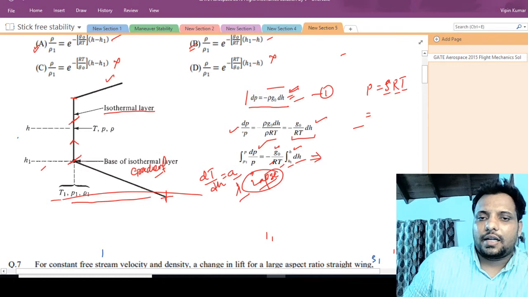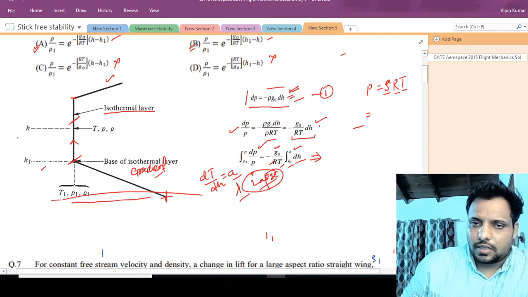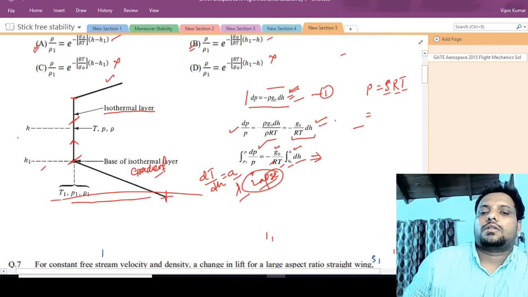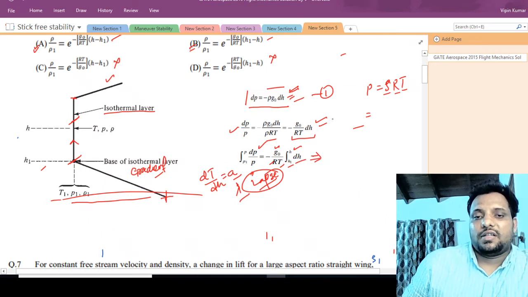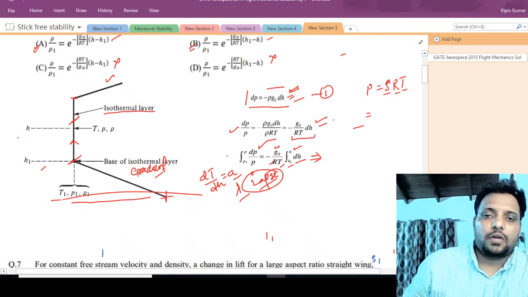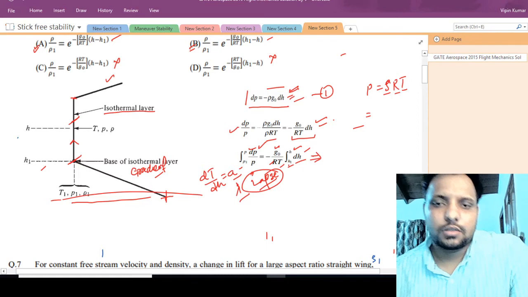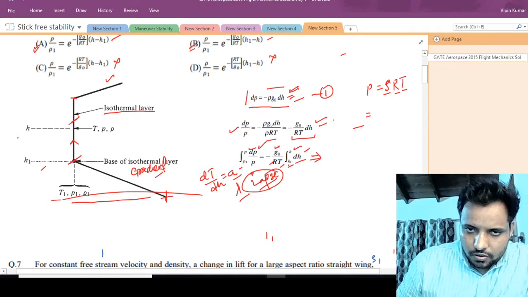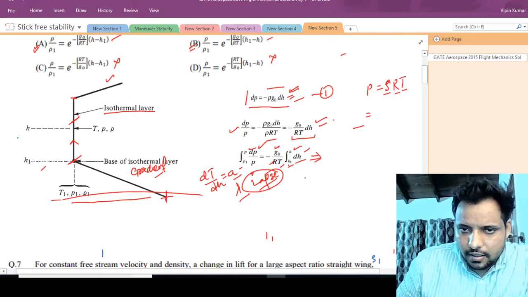Okay, if I divide that, it will be dp upon p is equal to minus rho g naught dh upon rho R T. So I get this expression, which is the expression of pressure variation for some particular point, and if I want to get the expression for the entire range of the pressure and for the altitude, I'll have to integrate it over the ranges of p1 to p for pressure and h1 to h for the altitude. Okay, so if I do that, what I get on the